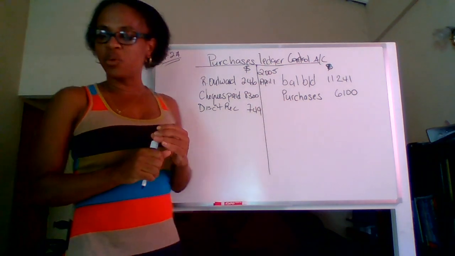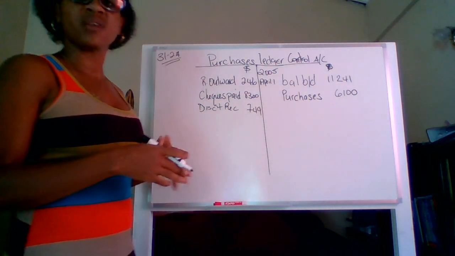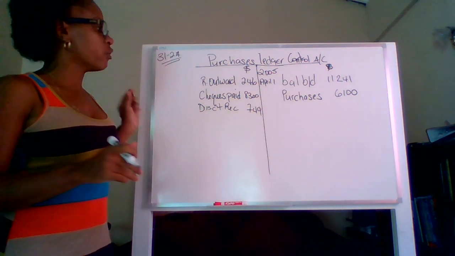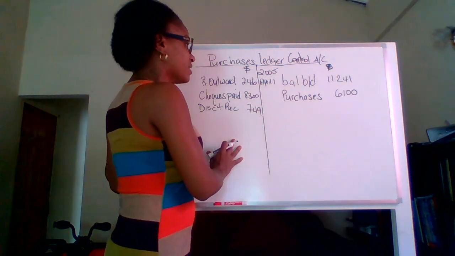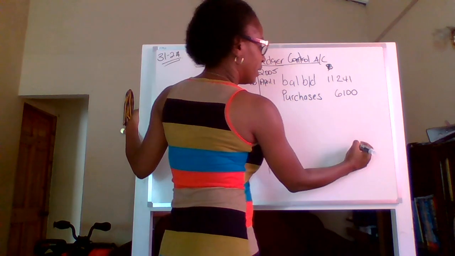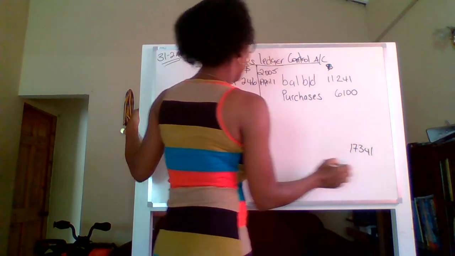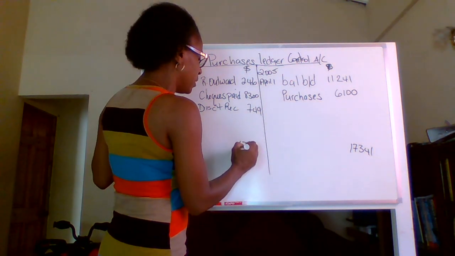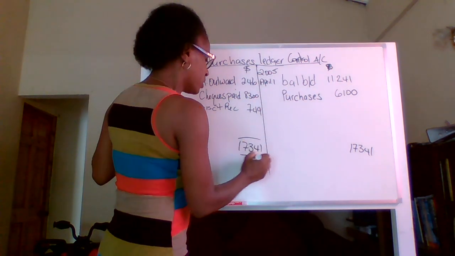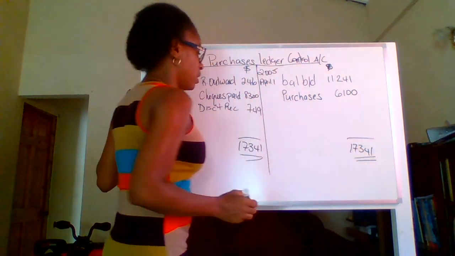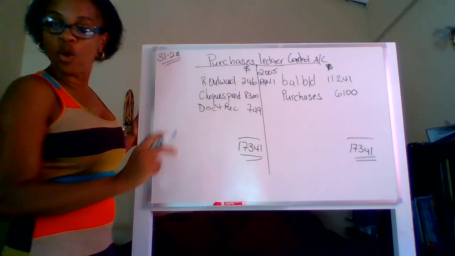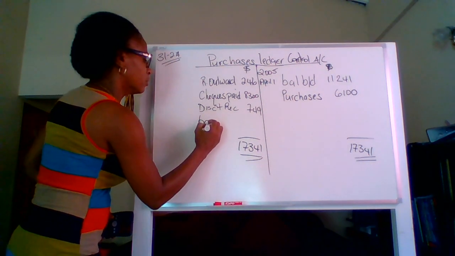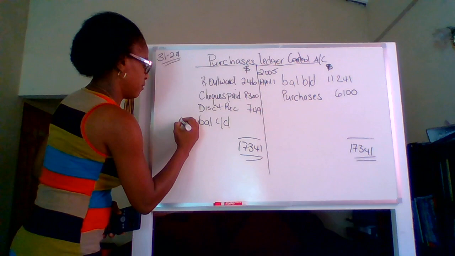Now, if you look at the question, you will realize that the purchases ledger closing balance has a question mark next to it. This means that you have to find the balance yourself by balancing the account. And if you remember how we balance accounts, you add the two sides. This side has $17,341, but this side has $9,000. Okay, so this side has the greatest amount, so the total will be the side with the greater amount. You subtract the side with the lowest amount from the greater amount. So 17,341 minus 9,295. Your balance carried down at April 30th